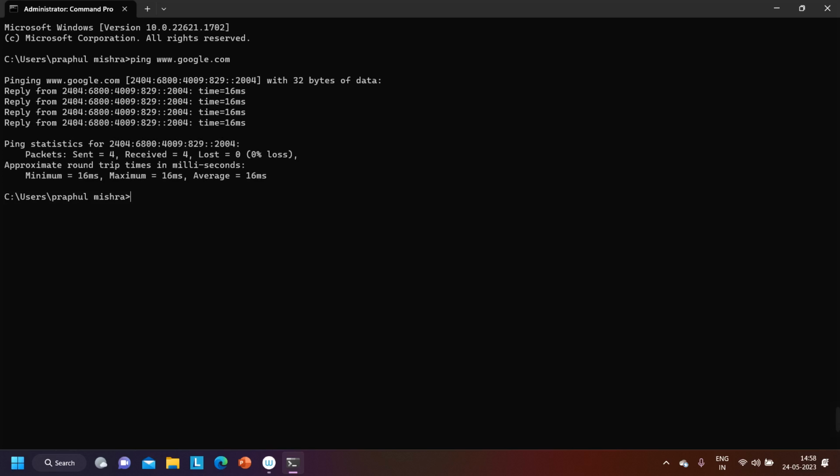And lots of time interview also asking this question, that if I am able to ping a server but I am not able to access the services which is running on that server, so what is the reason? Okay, so how you will troubleshoot that? For that, you have to check the TCP connection. TCP connection between source and destination is stabilizing or not. So for that, you have to telnet. You can check like telnet